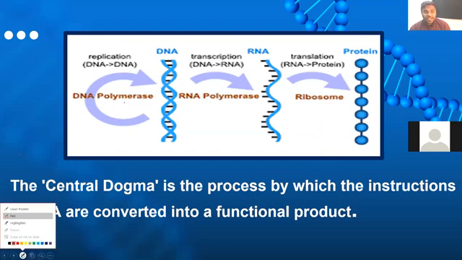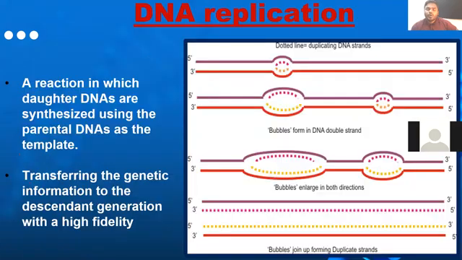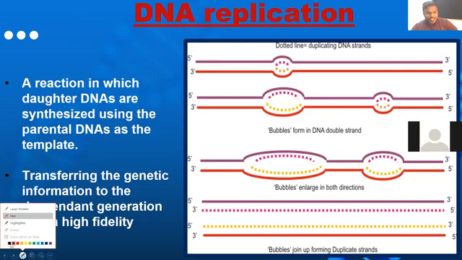Now, the next, let's start with the replication. What did I say to all of you? When we want to read the replication, we first have to read all the basic rules involved in DNA replication. We have to read all the enzymology involved in DNA replication. Then only we have to read the process. Without reading the rules and enzymes, most students just keep the book and keep on reading the process. That's a waste. You have to know from the very basic to the advanced level about their enzymology. Then only you can understand it. Okay, so pay attention. Let's start with the first rules of DNA replication.